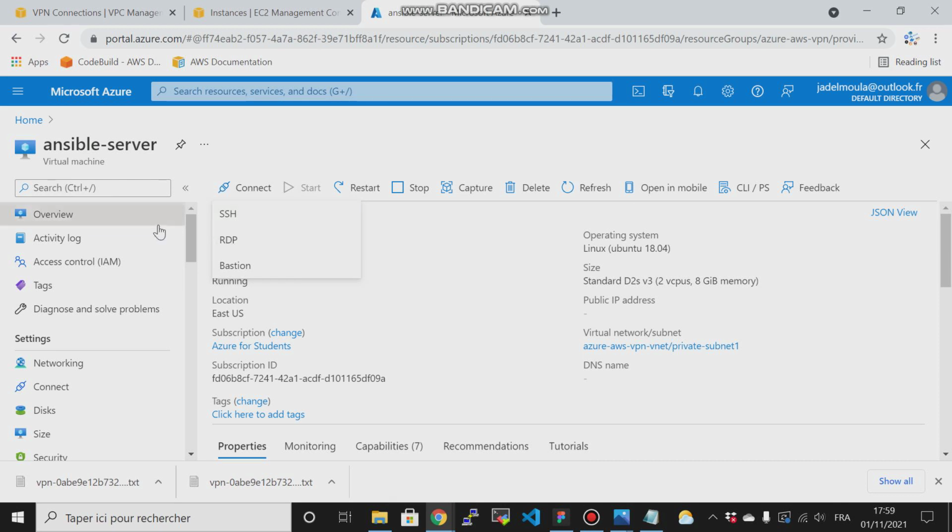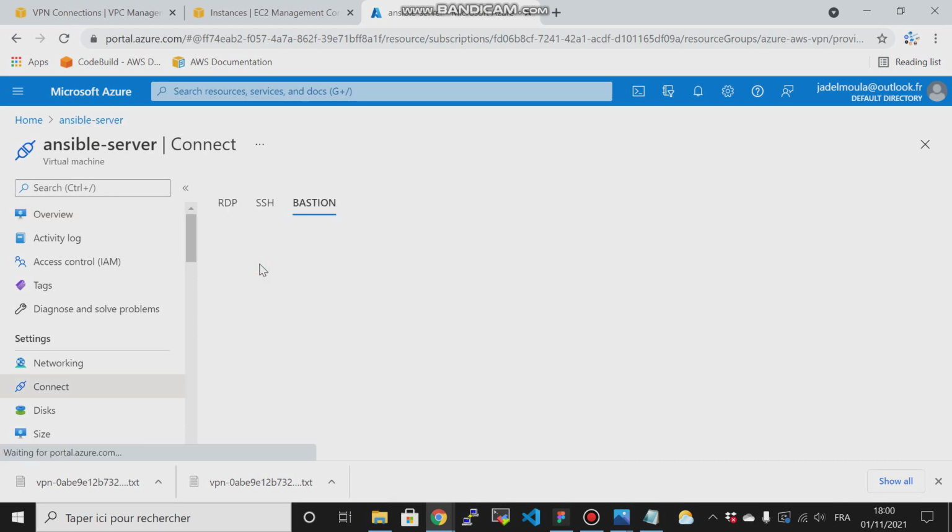And for RDP, if you are using Windows, and here we will choose the bastion, as long as we want to interact with our Azure VM through the bastion. So we click on the bastion,